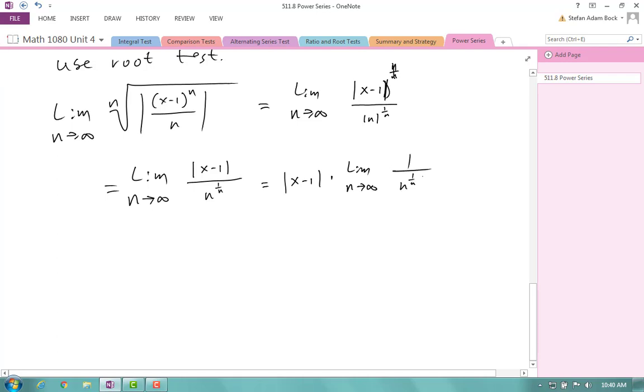And I've given this limit as a fact. What we're going to have here is that this is equal to x minus 1 times 1 over, the limit as n goes to infinity of n to the 1 over n, which I have said was equal to 1. And so I have the result of my limit. The problem is it's a variable, it's not a number. But I know that the series must converge